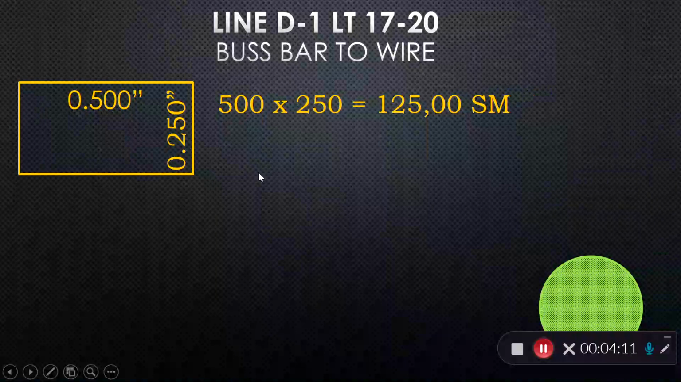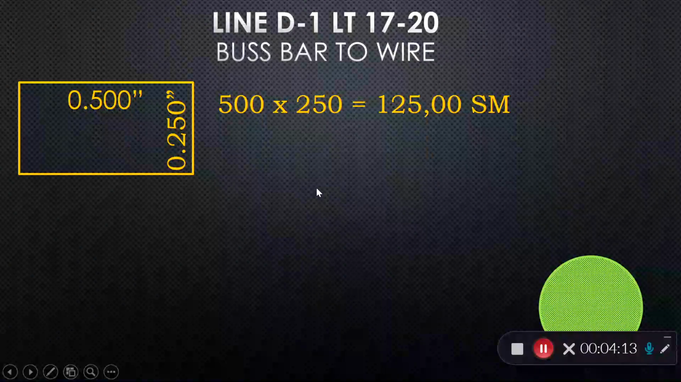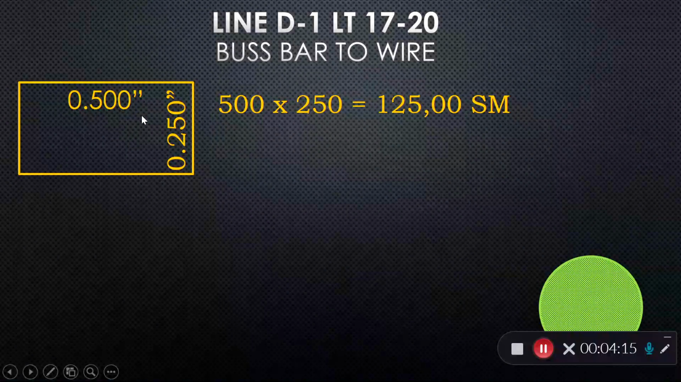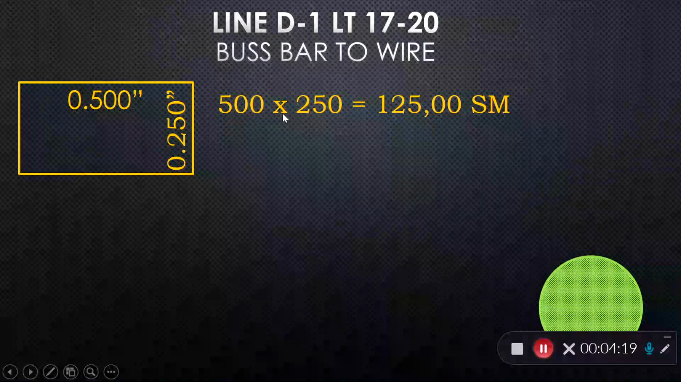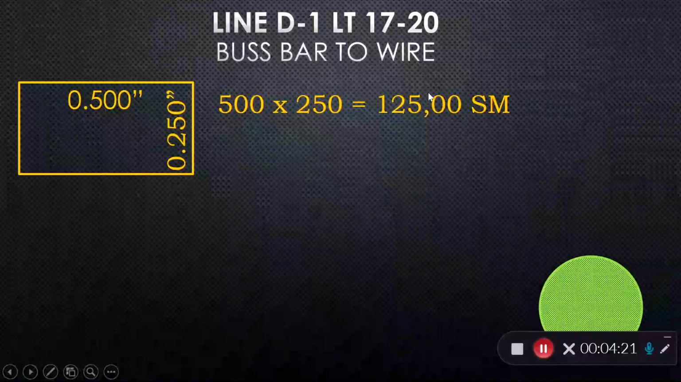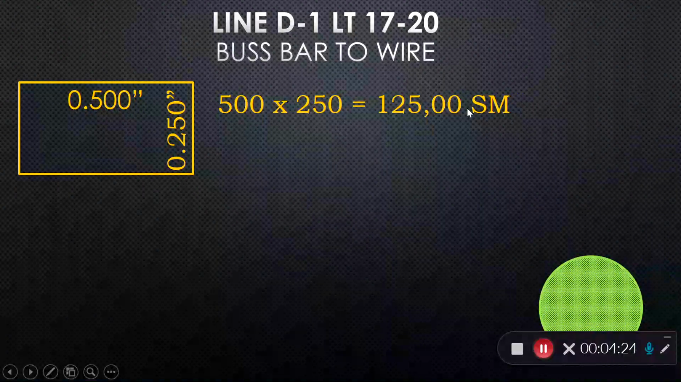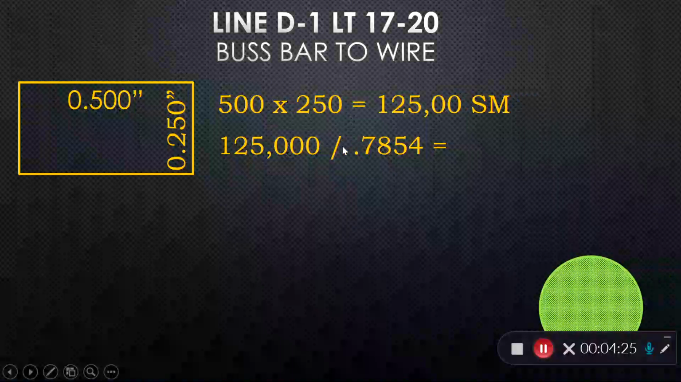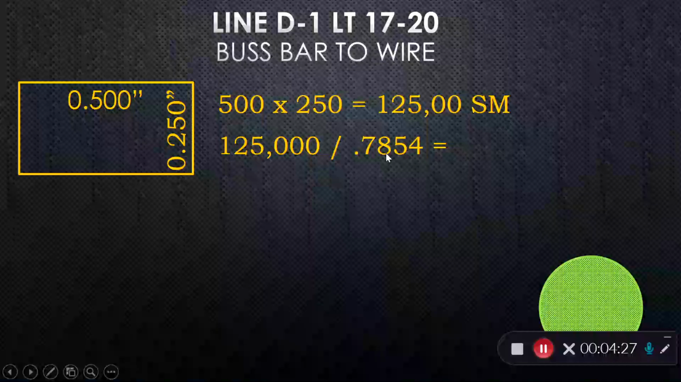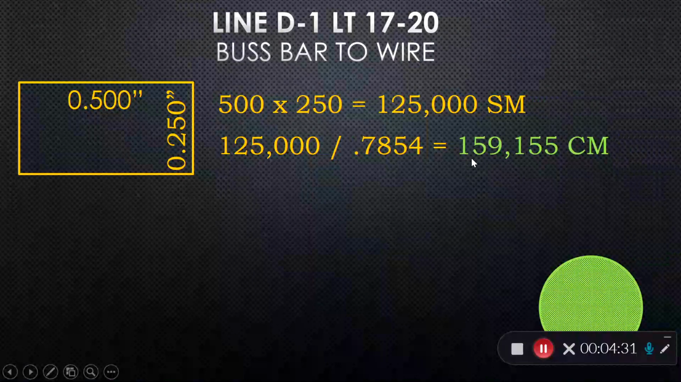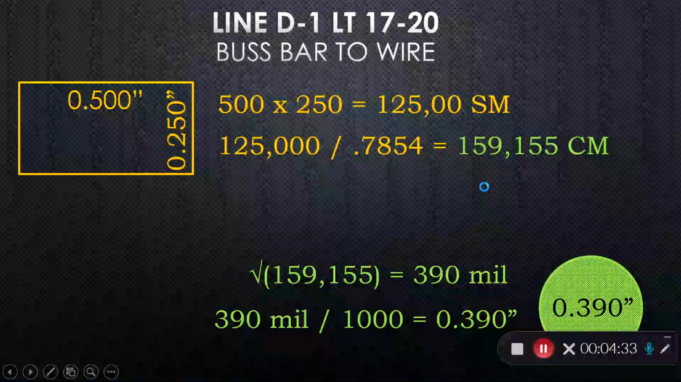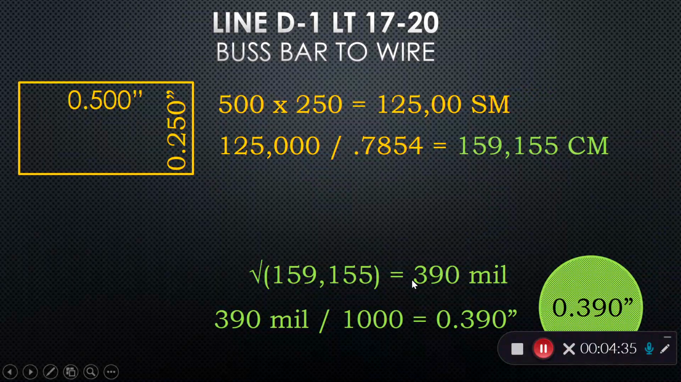Alternately, if we had a bus bar, what size of wire would we need in circular mils? Well, I've already taken the 0.5 and multiplied by 1,000, and I'm missing a 0 here. Actually, it's 125,000 square mils. Divide that by 0.7854, and then that's my circular mils, and the number's bigger because they're smaller. And then we would square root that to find our mils, and then divide by 1,000 to get our